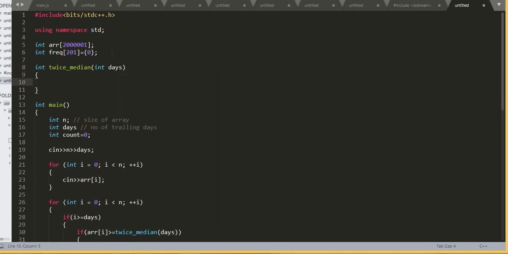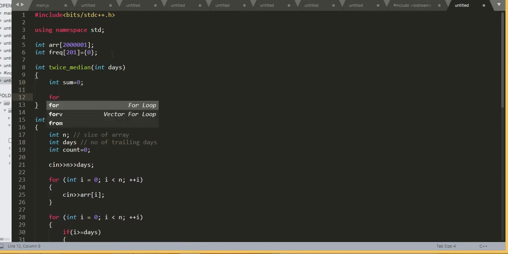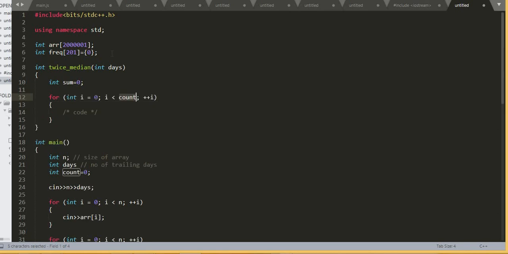After that, as we have seen in the paint, I have taken the variable sum. Let's initialize it to 0. After that, take a for loop for iterating through the frequency, and let's take the values as 201.